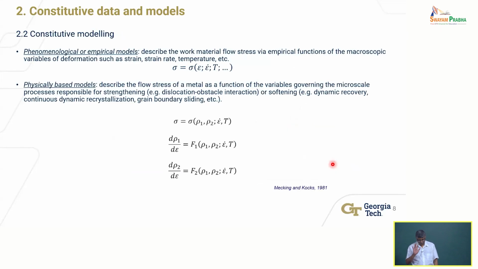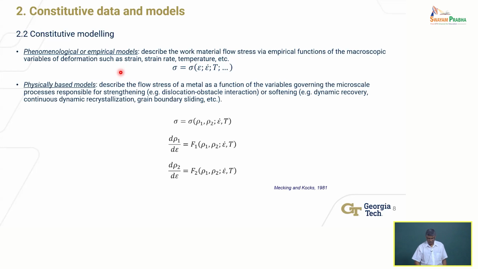All right. So how do you describe all of this mathematically? If you're going to model it, you have to be able to describe it mathematically, right? So that you can input into your code, software code or program that does it, whether it's a finite element model that you build to solve the problem, or however you want to solve it, right? So there are two types of models. Okay, this is where things get a bit more complicated. So if it is going over your head, please stop me and I will try to explain it at a much higher level, so at least the concept is clear to you.